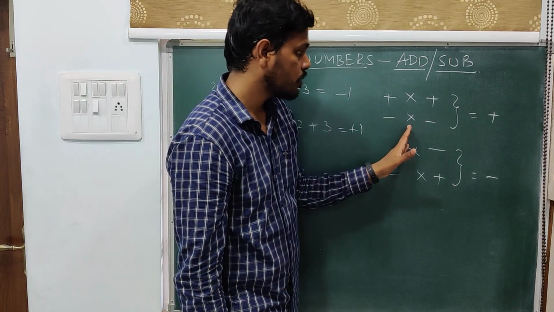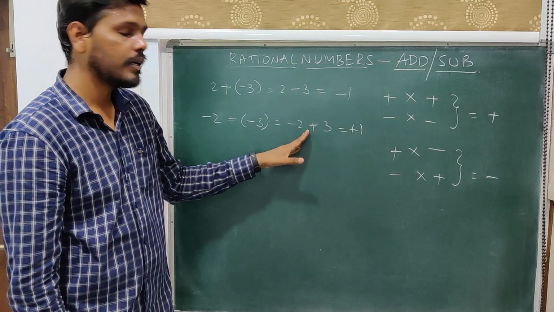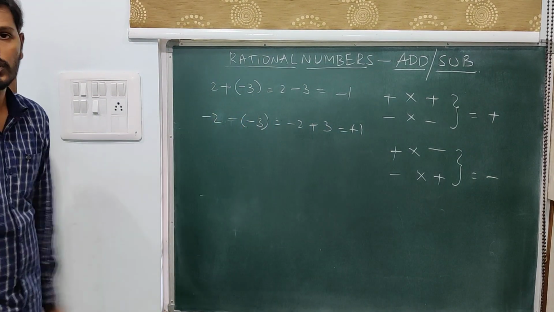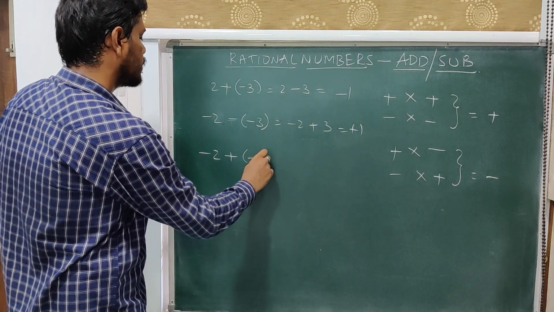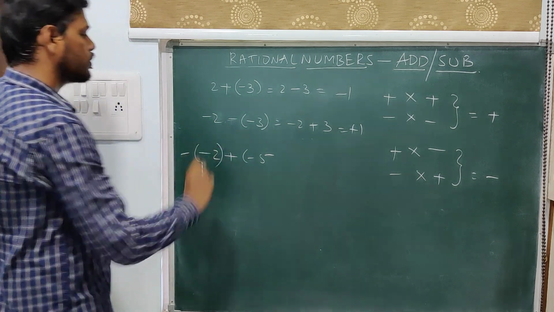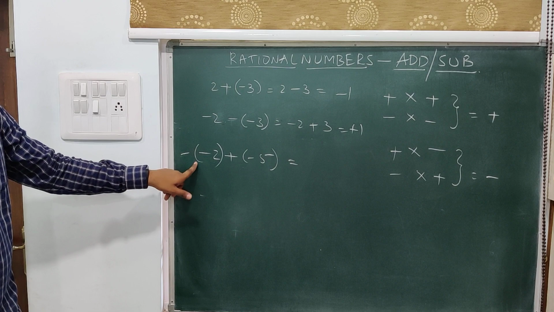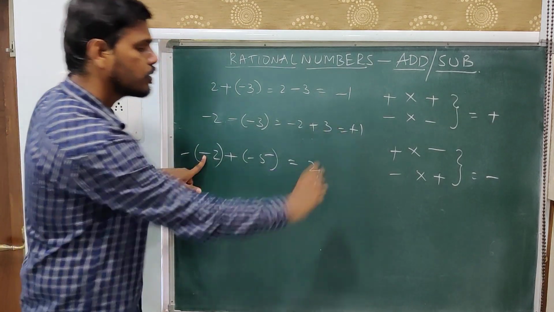So this is regarding the signs when multiplication is there. And this is regarding addition and subtraction. So you have to make a clear distinction of both the rules. Suppose you have minus 2 plus minus 5. Suppose this is the question. Now minus into minus, bracket indicates multiplication. Minus into minus, that will give you plus 2.